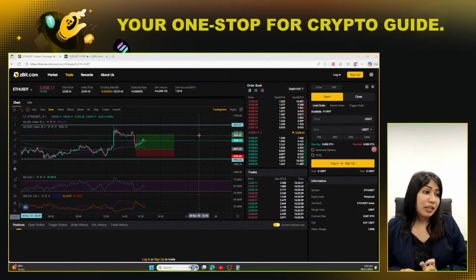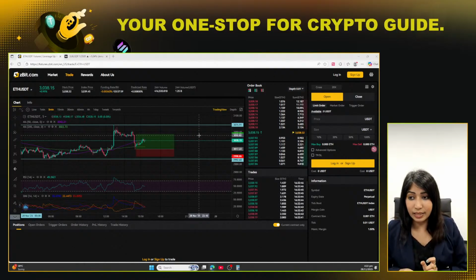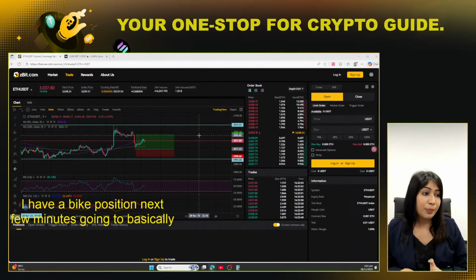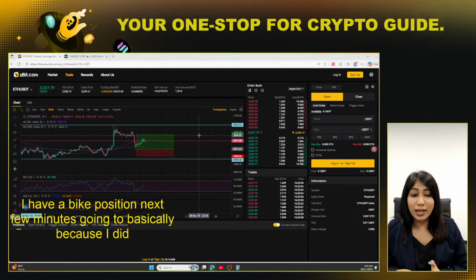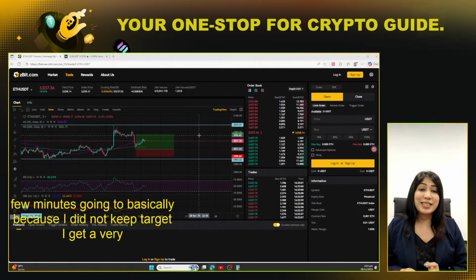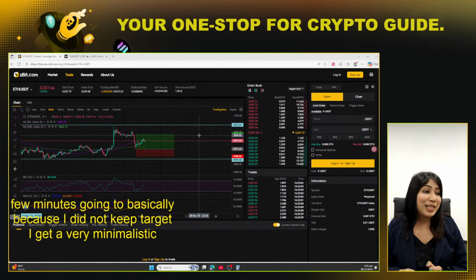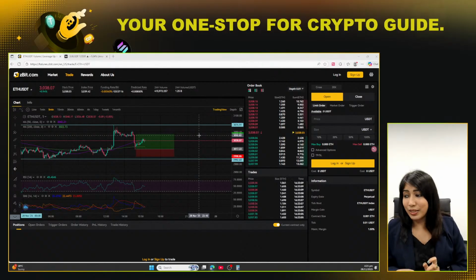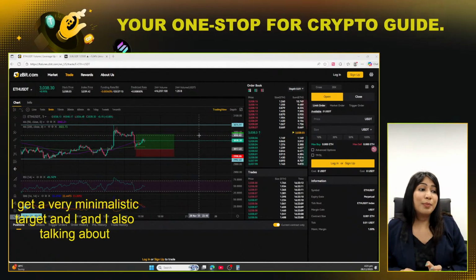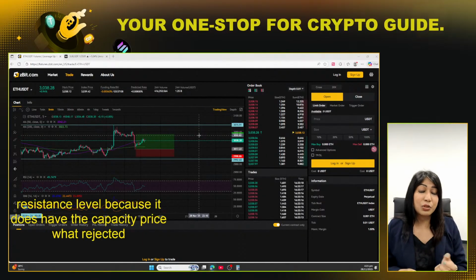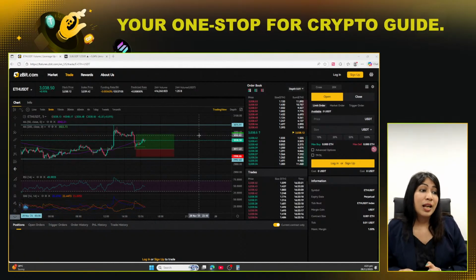My analysis and my gut feeling is saying yes, in the next few minutes and few hours it's going to hit, and I have a strong feeling that it will be achieved, because I did not keep unrealistic targets here. I kept a very minimalistic target, a 35-point move, I'm talking about at least a 1 hour time, and price not even reaching the resistance level, because it does have the capacity. Price got rejected, it will retest that zone, but I'm not even keeping that kind of a target, because I don't want to